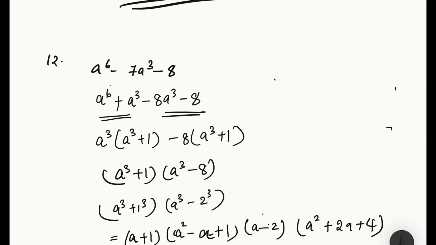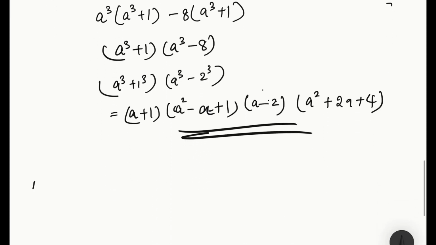Hope it's clear, kids. So here we have 3 terms. So whenever you get 3 terms like this, when you cannot split, what you can do is, you can just see how we can group them up, okay. Now coming to question number 13. In the question number 13, we have a cube minus 27b cube plus 2a square b minus 6ab square.